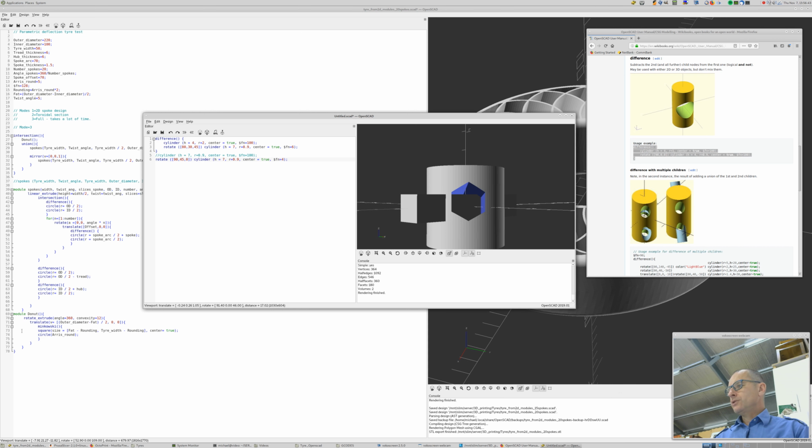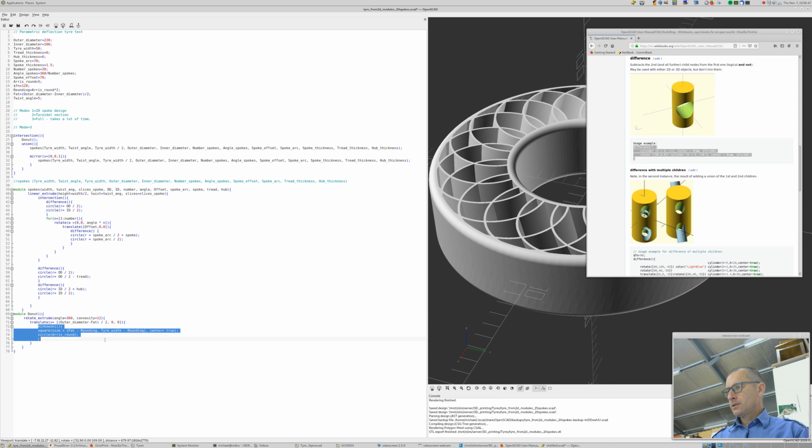Now I use an interesting thing here, I'll let you look it up, Minkowski, which is super cool. It is a way of adding one shape to another in a strange...